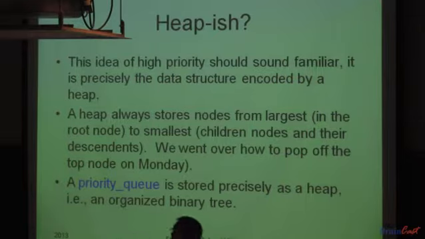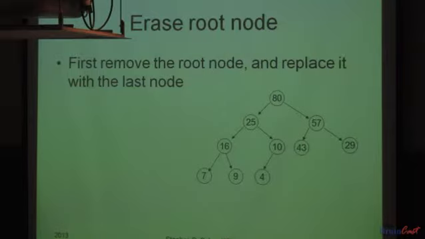Okay? So it's about how you want to insert and take away or erase nodes from the structure. That determines how the nodes are stored internally. Okay, so a priority queue is stored precisely as a heap, i.e. a binary tree, not a binary search tree, but a binary tree with some imposed structure on it. Okay, so